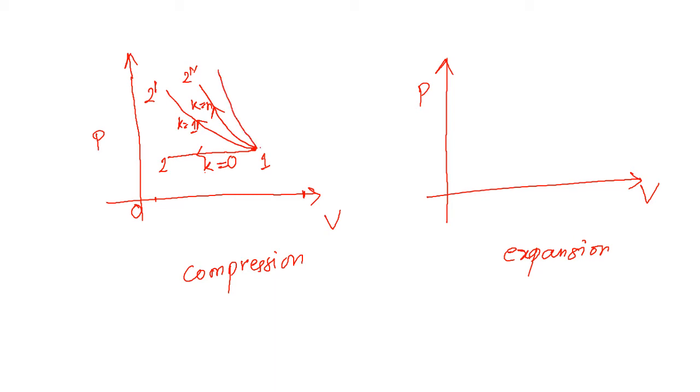K equal to 2 means K equal to gamma. Gamma means adiabatic. The adiabatic curve is steeper than the isothermal, and in between them the polytropic process is there. What I told last year: the n value is normally 1.6 or 1.4. If the n value is between 1 and 1.4, this polytropic process will come in between the isothermal and adiabatic processes.